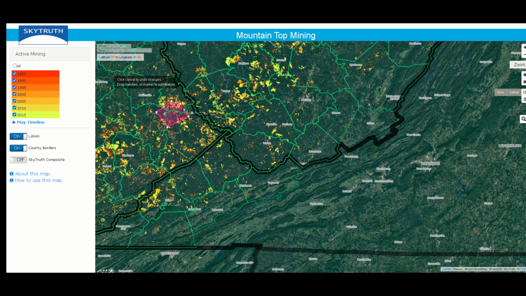Another example of a GIS-enabled map can be found on the SkyTruth website. From the Toolbox menu at the top of their web page, you can access some interactive maps for the topics they cover. One example is their mountaintop mining map, which shows information about active mountaintop mining sites throughout the United States. Looking at the web page on the left-hand side, you will